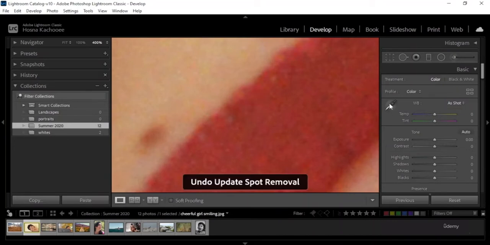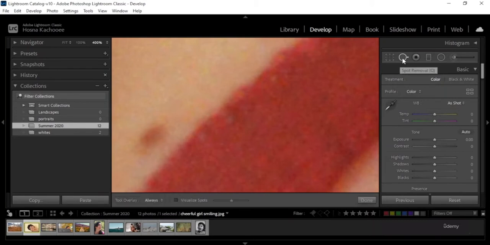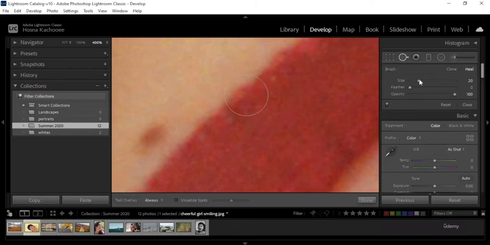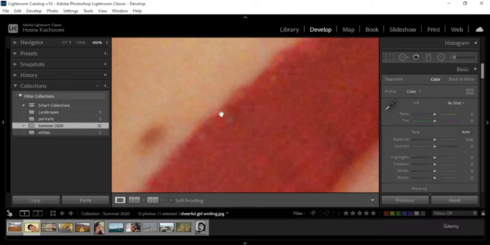Let's undo that. Open the spot removal again, and now if I increase the feathering, yeah, I'm going to keep that. Hit done. You're not really seeing the outline that you did before adding the feathering. Let's undo that again,